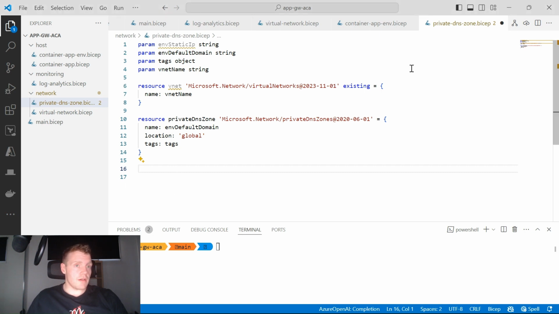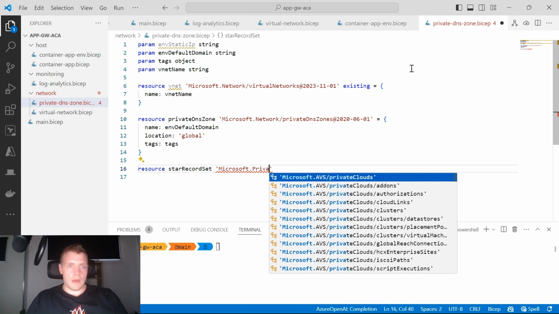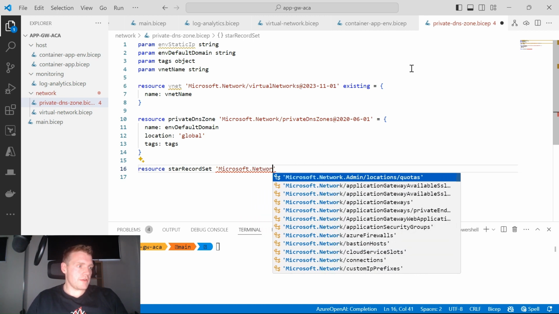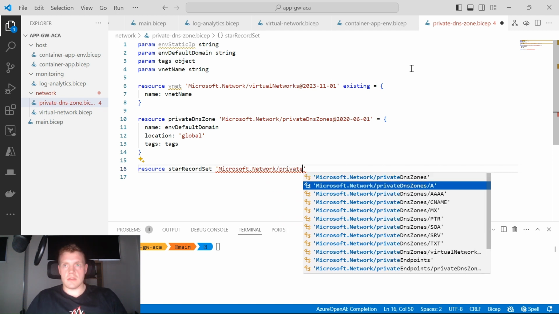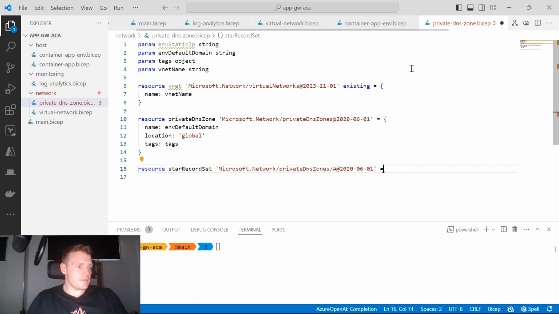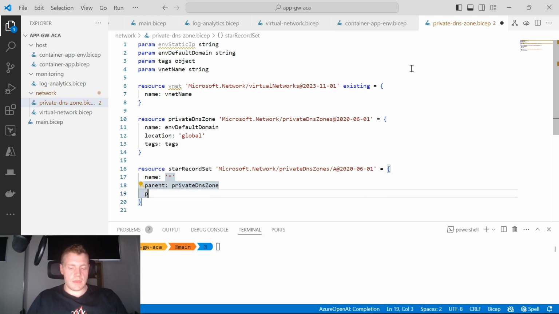Cool, so now what we need to do is apply some record sets to this. And I'm going to start with a star record set. So I'm going to literally just call it that, star record set. And that sits under, not Microsoft private, but network private DNS zones. That's going to be an A record. So the name is just going to be star. The parent will be the private DNS zone, and then for the property, I need to set a time to live. I'm just going to keep this as the default